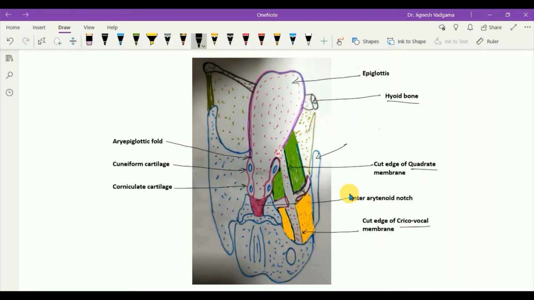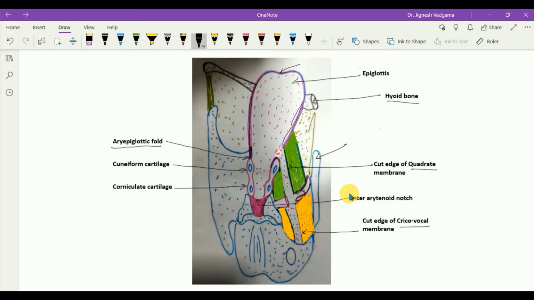Now see, this is the epiglottis covered with the mucous membrane. So the boundary of the laryngeal inlet, anteriorly, is bounded by the upper free margin of the epiglottis. On both sides it is bounded by the lateral free margin of the epiglottis along with the aryepiglottic fold. This is the aryepiglottic fold, and within it, as we already discussed, there are two muscles. One muscle is from arytenoid to epiglottis, that is the aryepiglotticus muscle, and one muscle passes from the epiglottis to the thyroid cartilage, that is the thyroepiglotticus muscle.